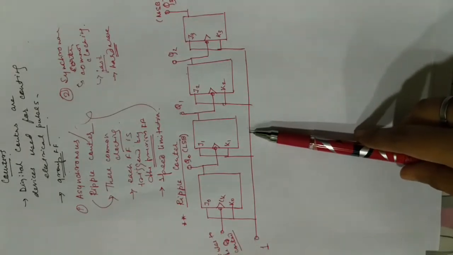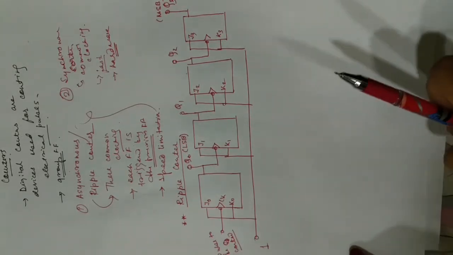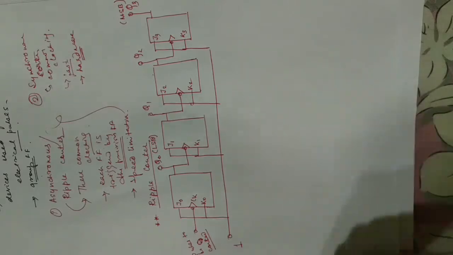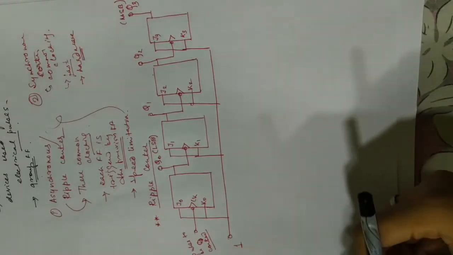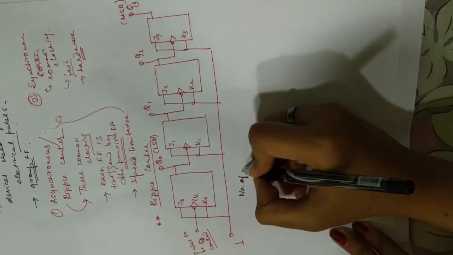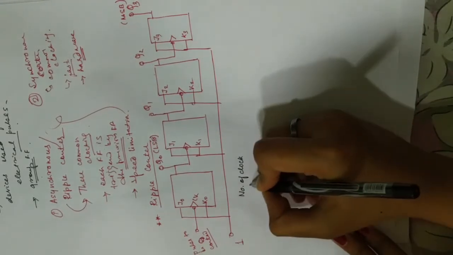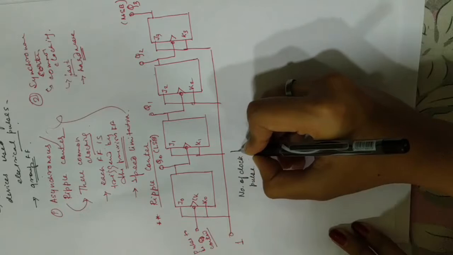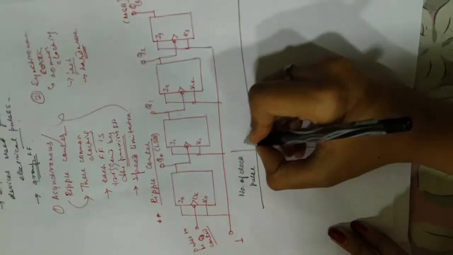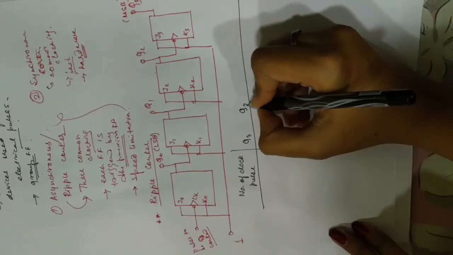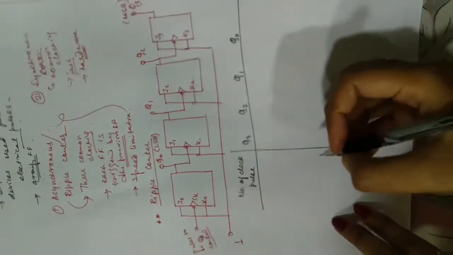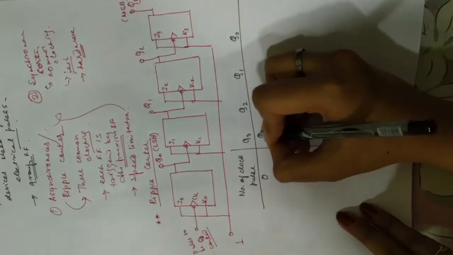Okay, so now let's try to understand what is happening. I will draw the truth table simultaneously so that you can understand the functioning, right? Number of clock pulses, value of Q3, Q2, Q1 and Q0. Initially,